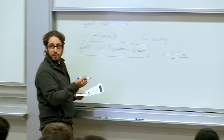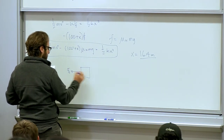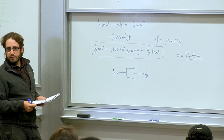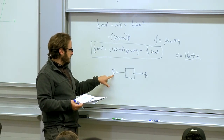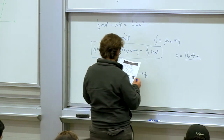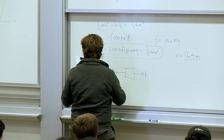Well, let's think about the free body diagram of this thing, right? It's going to be a force due to the spring here, and the force of static friction. So we just need to compare the magnitude of these two and figure out which one's larger. So what is the force due to the spring? Well, it's just going to be 1/2 kx squared. I'm sorry, it's going to be kx, of course. Work is 1/2 kx squared. So the force due to the spring is